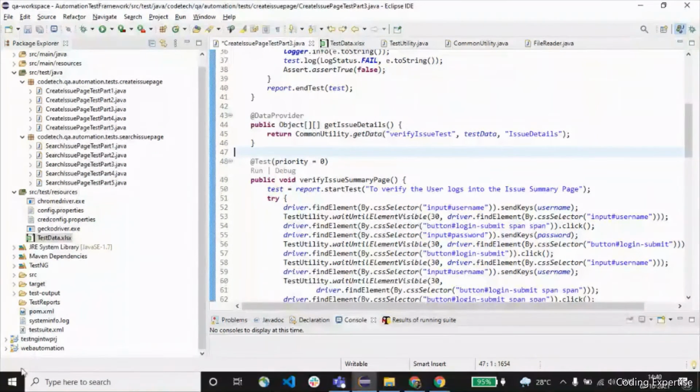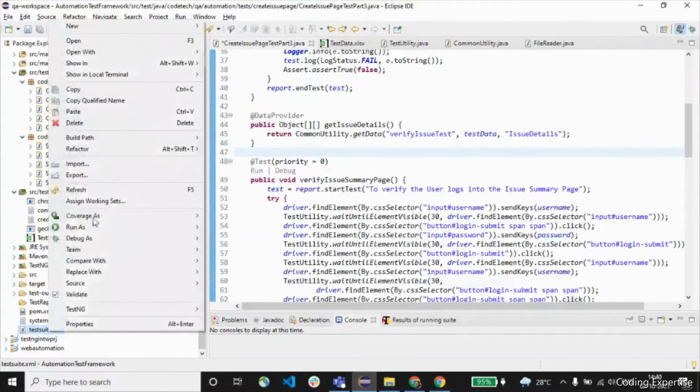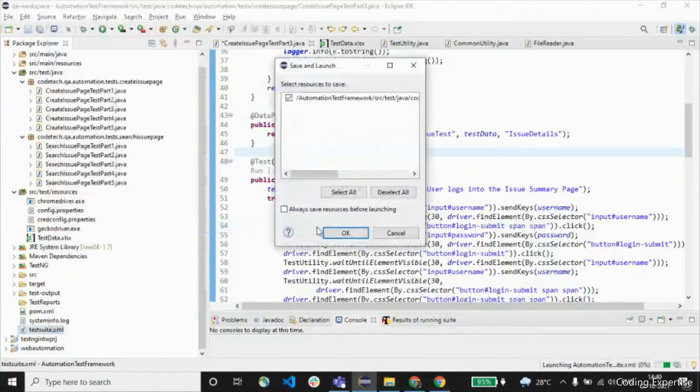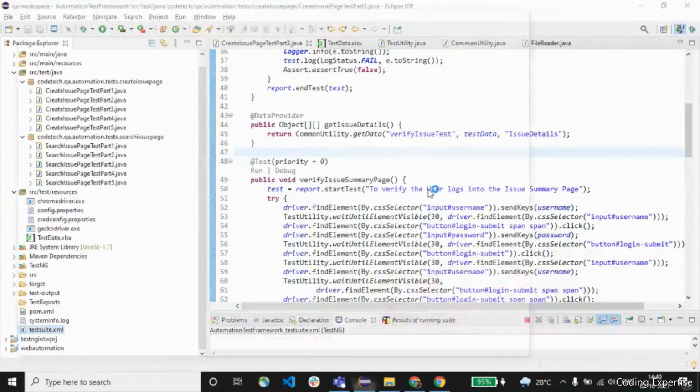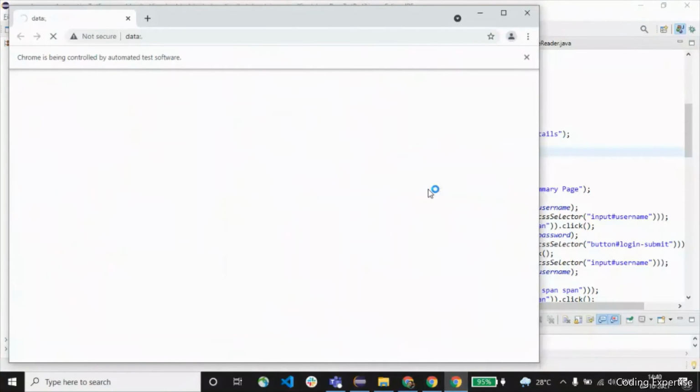Now, let me get into the test execution part so that you'll visualize the test execution. So this is the test2.xml file, right? Let me run it. Let me trigger this particular file. Now the test execution is started.